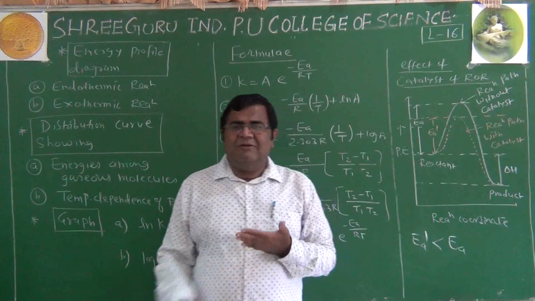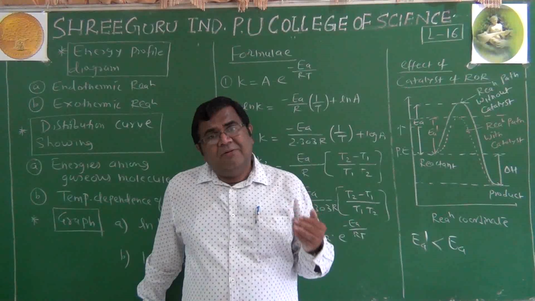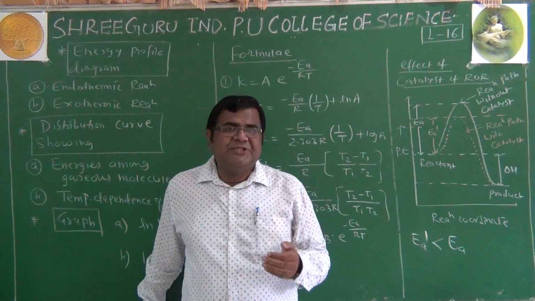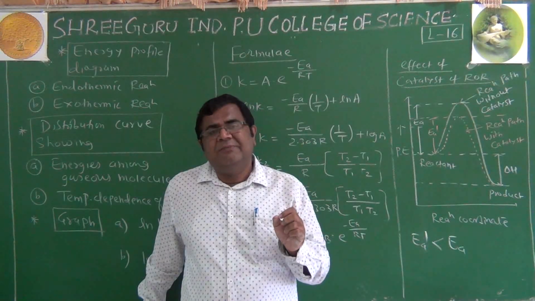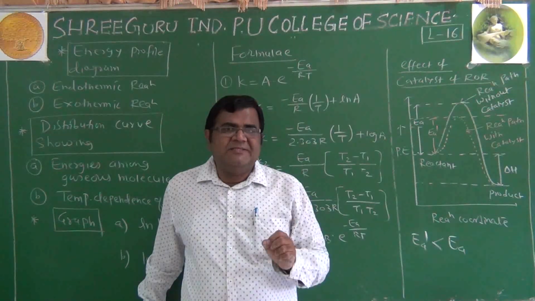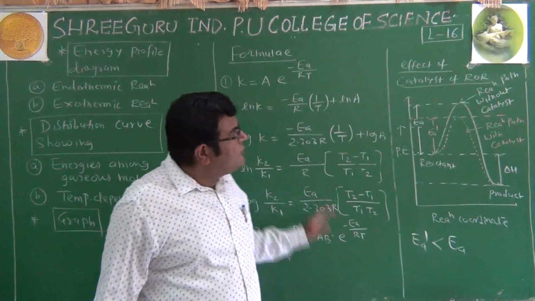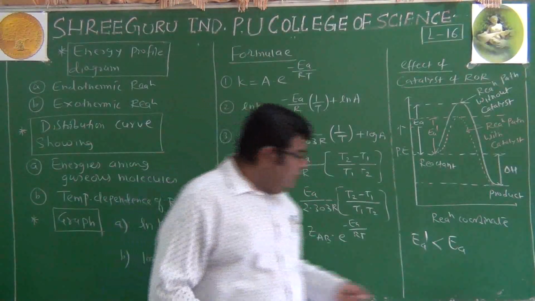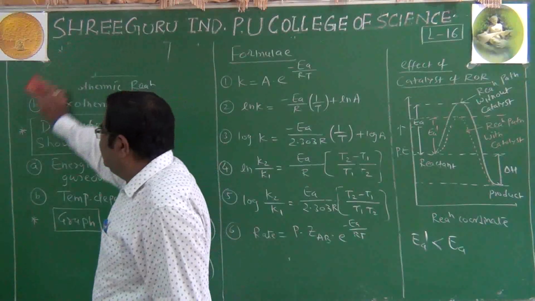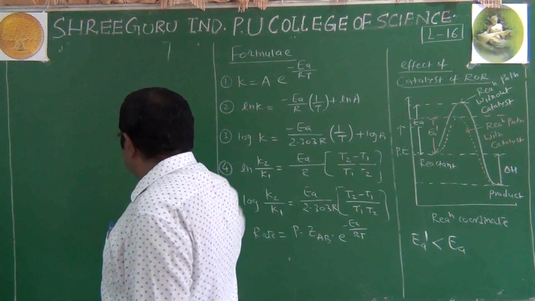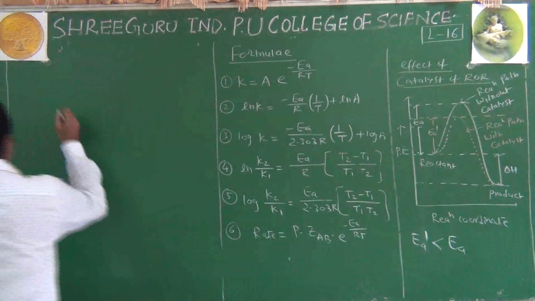So these 2 mark questions are not at all difficult, but we should be able to represent them in a proper way. There are many technical words, we should use them correctly in the correct sequence, then only will your answer carry weightage. So this is all about the effect of the catalyst. Now we have to mention some properties of the catalyst also, because that is also in our syllabus. So I will just write 4 properties here. Characteristics of catalyst, we will say.